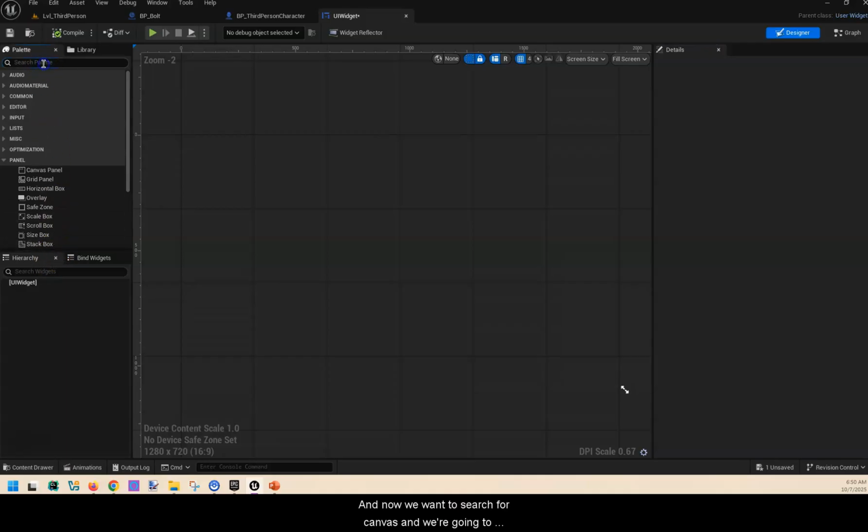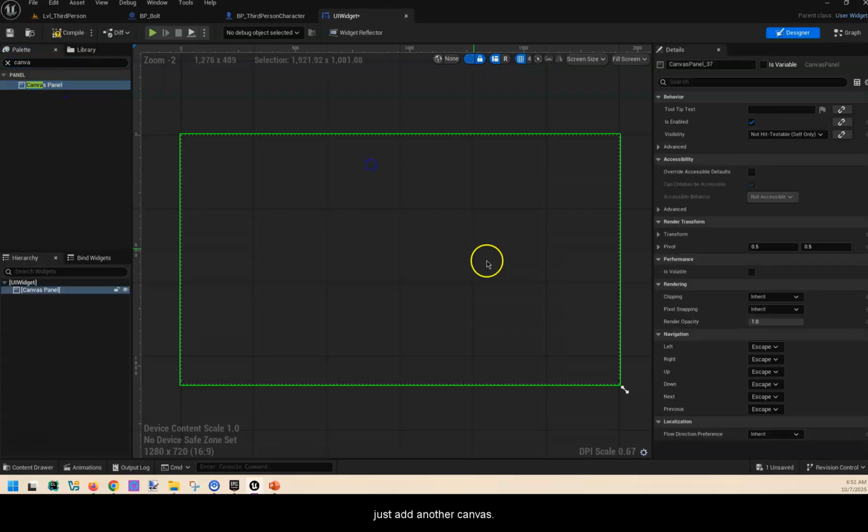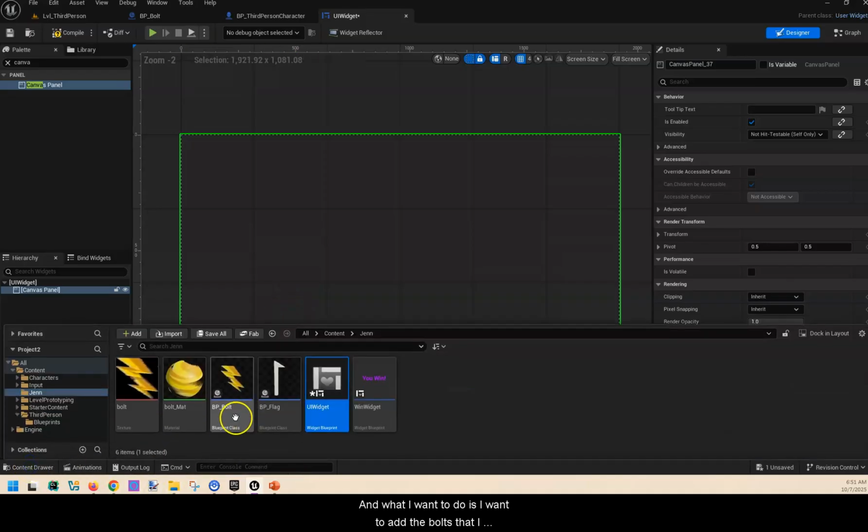And now we want to search for canvas, and we're going to just add another canvas. Now, this one kind of makes a difference. We're going to be adding, just like we did before, different objects in here or display, right? And what I want to do is add the bolts that I have, right? So I have